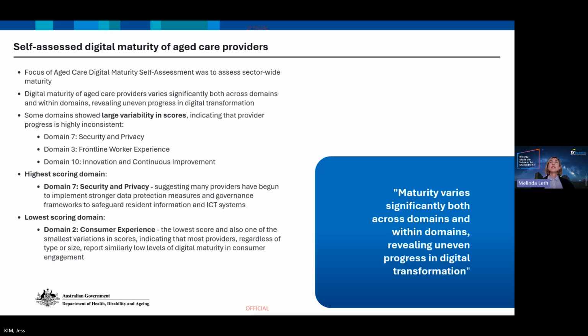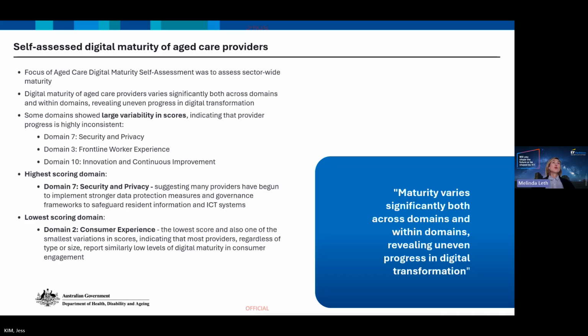And we saw a lot of differences in the way that providers are managing their security and privacy. We have those providers who have kept everything in-house and developed cybersecurity strategies and quite substantial teams to be managing their security and privacy. And then we also heard from providers, maybe at the smaller end of town, some of those who have experienced some breaches, who have decided to outsource that to third-party providers who are specialists in that area.